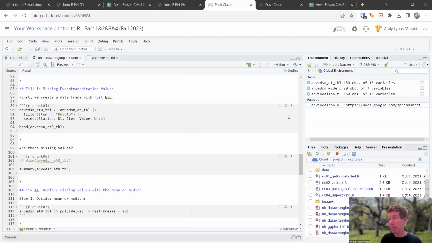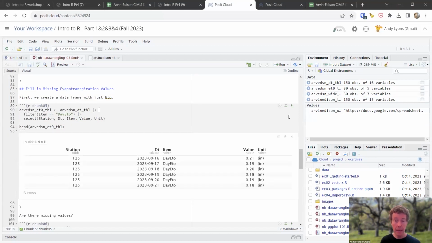Do we have missing values? How many? Where are they? So code chunk number 5, go ahead and run that. All we're doing is creating a new table which only has the ETO,